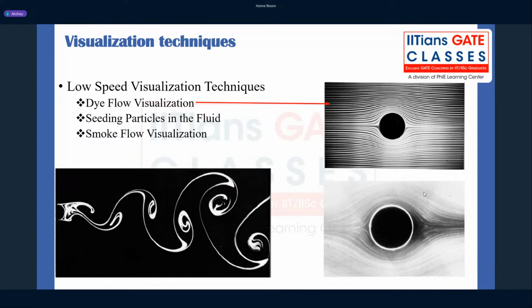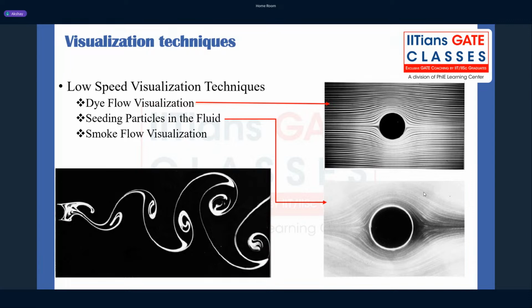That is dye flow visualization, usually effective in very low Reynolds number flows, right? In moderate Reynolds number flows, we can have seeding particles in the fluid like aluminum flakes or something like that injected into water. So these two techniques are usually used in water channels where fluid viscosity is a bit high compared to